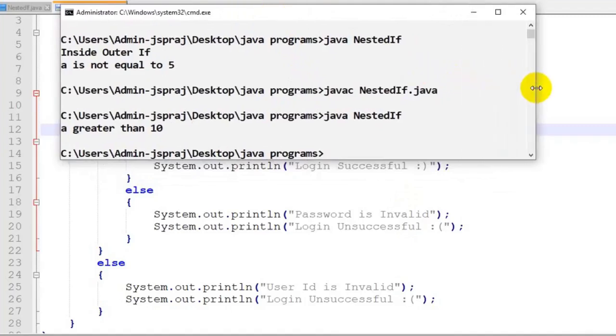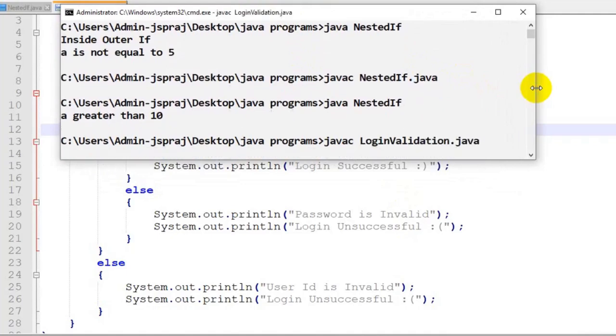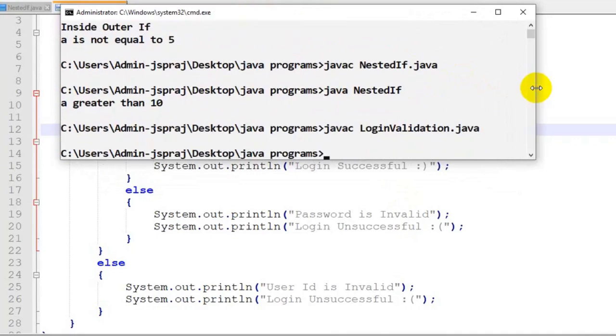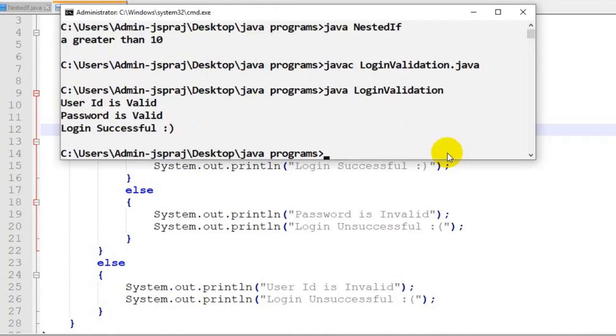So how will I compile my Java program? javac LoginValidation.java. I press enter. It's absolutely valid. No errors, meaning I have not made any mistakes. If you have the arrow keys, go to the up arrow and it will go to the previously executed command. So I directly type java LoginValidation. When I run it, can you see user ID is valid, password is valid, hence login